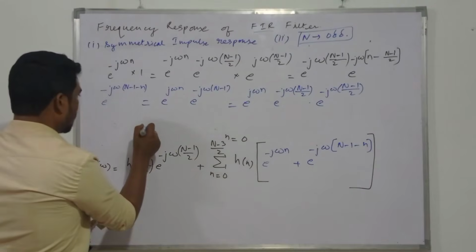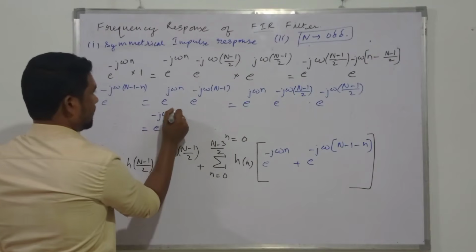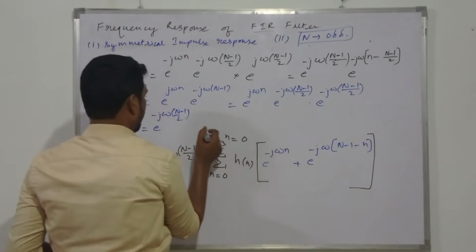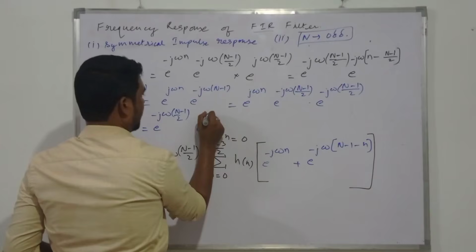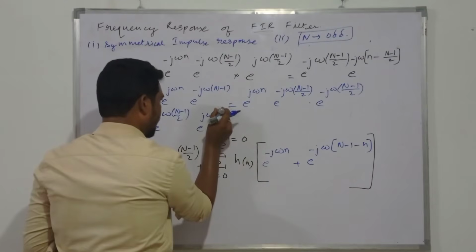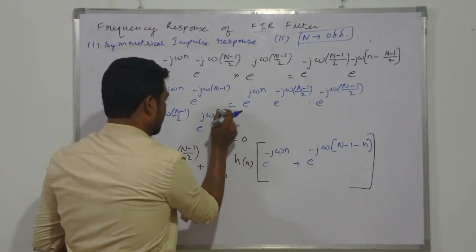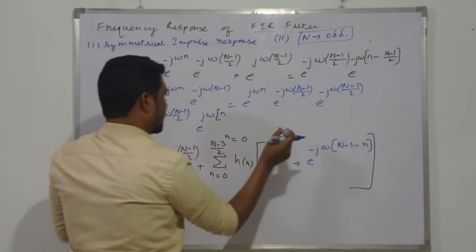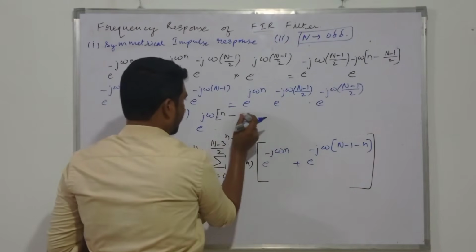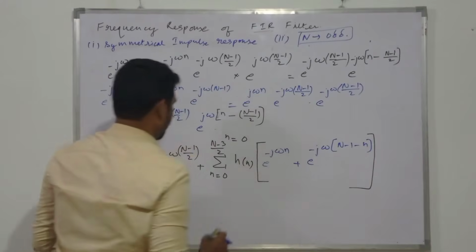And what can be taken out as common? It's e raised to minus j omega (n minus 1) by 2 as common from this one, and adding these two, what do we have? E raised to j omega n, no, not yet, j omega as common, and open the big brackets here, j omega e raised to j omega n over here, and what do we have? It's a minus. This negative, this positive has come out, negative (n minus 1) by 2. Here, this is the transformation.